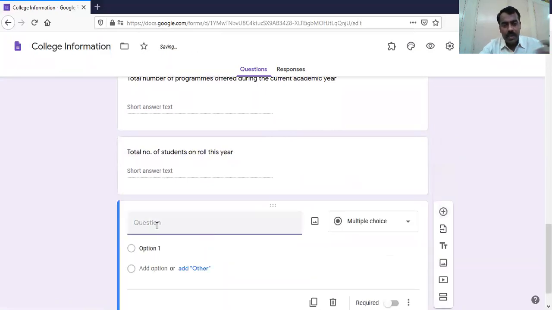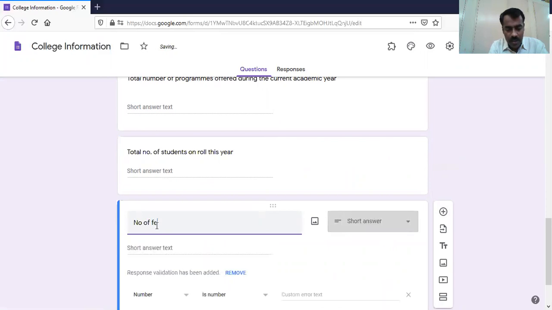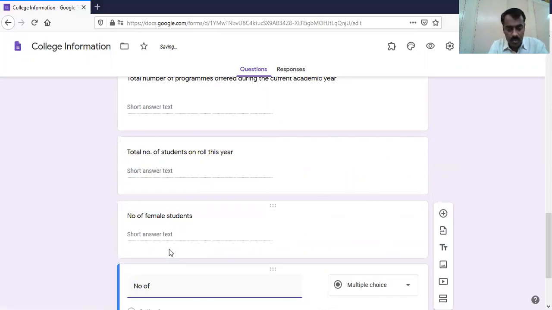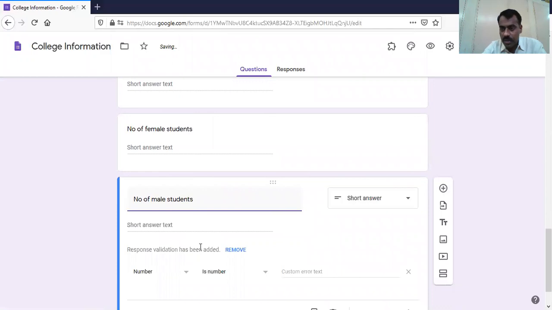Then we can classify further number of female students. Similarly, number of male students. If you want, you can further go and ask about reserve category students, how many OBC, how many SC, ST, how many are from open. Such things we can keep on adding regarding students information.